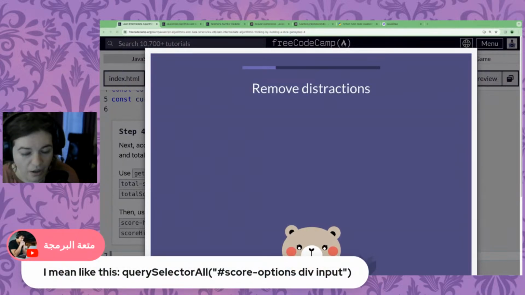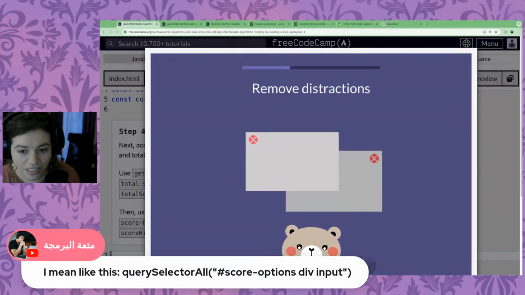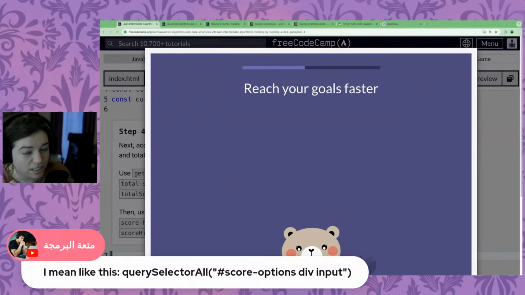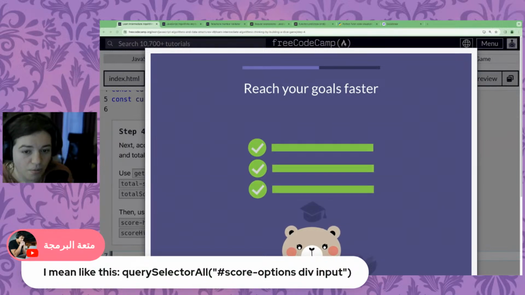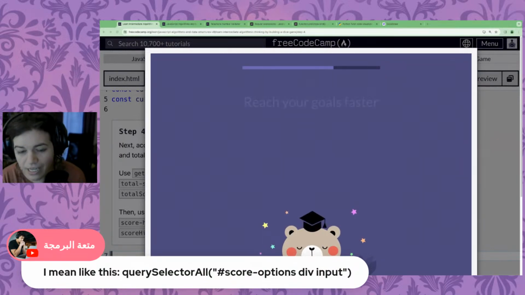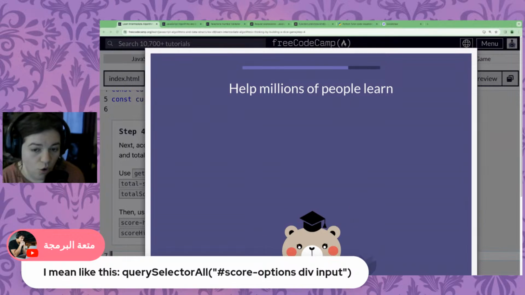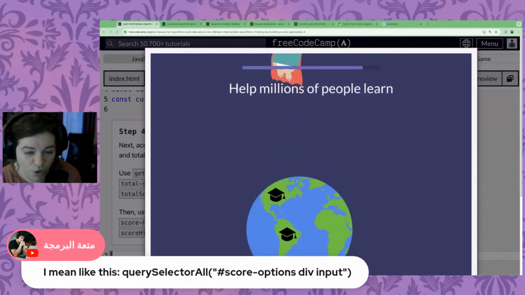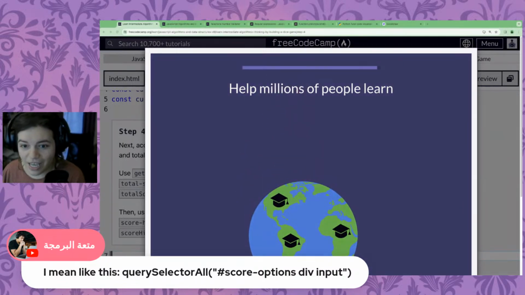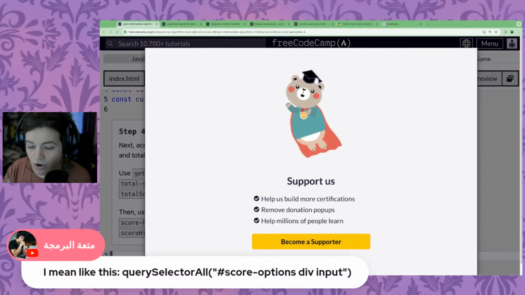Oh, you're saying, what if we do it with score options div input? But that's not the correct CSS selector. Because you see, the problem is this query selector is saying, hey, get the score options element with a div inside it. There is a div inside a div with ID of score options that has an input inside of it. And that's not what we want. We want the score options div with an input inside of it.